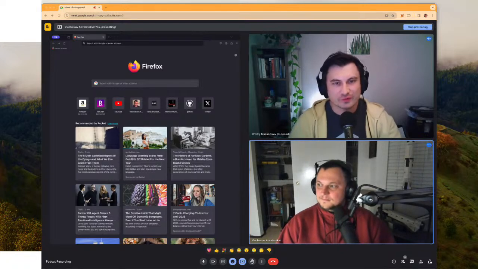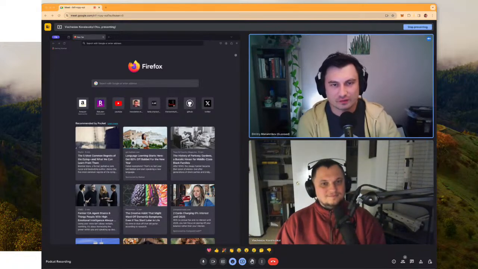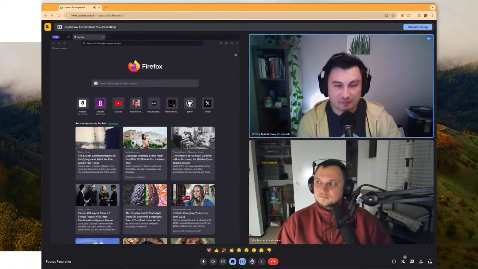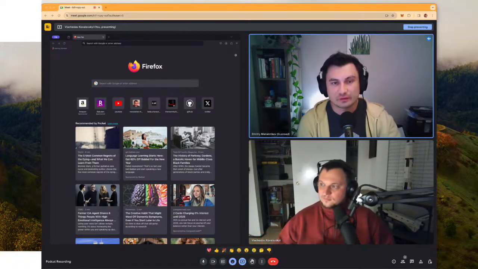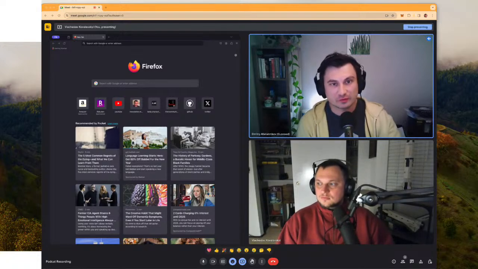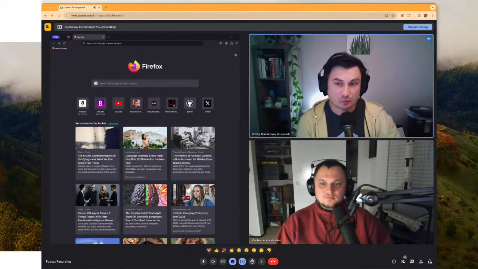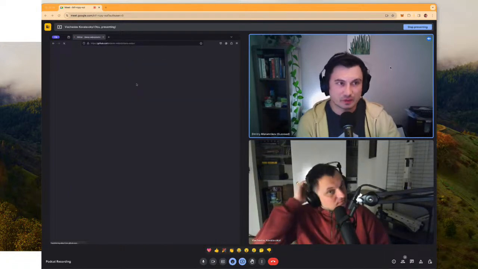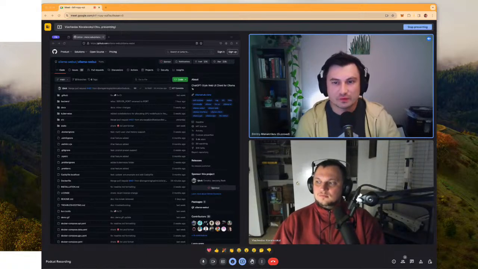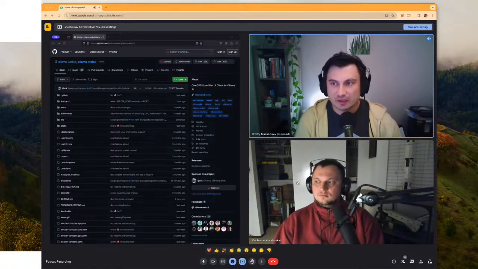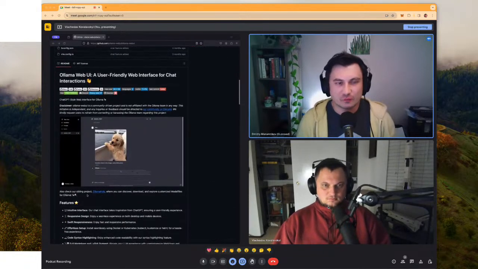Yeah, I'm still in search of something that I can run locally as an alternative to ChatGPT. And Ollama Web UI seems to be a very good fit. Essentially, it's similar to the ChatGPT interface. The only difference is you can select one of the models you already downloaded. It works with Ollama, so you run it as a separate Docker container, and it connects to Ollama, and then you have just a Web UI. You still need to download models, but Ollama allows you to download multiple models with a one-liner. So it's pretty fine. I still need to experiment and see, can I live with this?